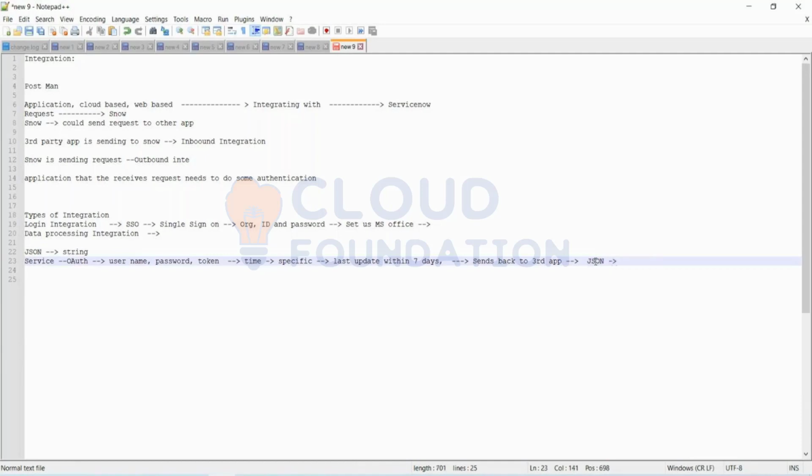Now remember when we were creating a GlideRecord query? When we were creating a GlideRecord query, what was the first thing that we were doing? We need to define a variable. With that variable, what was that variable that I went on saying?